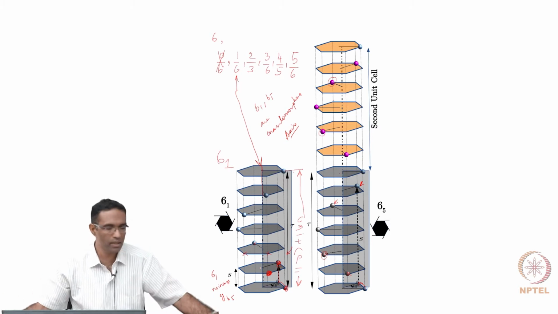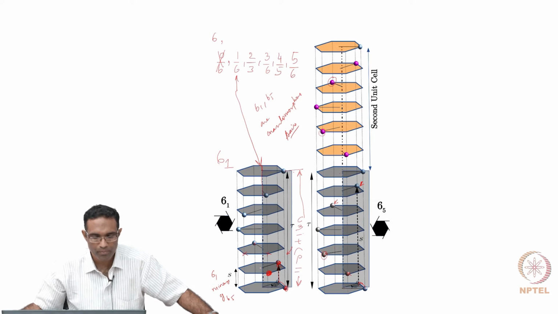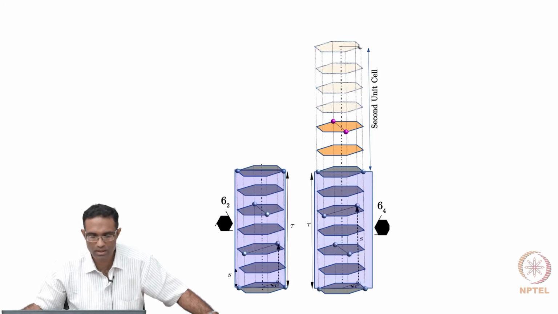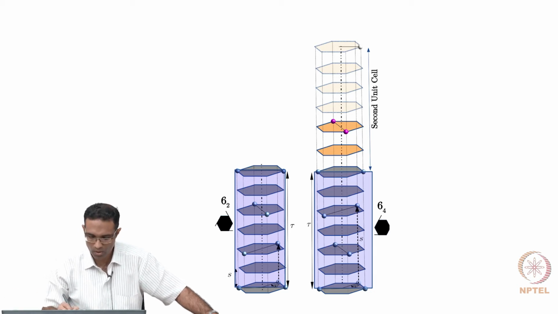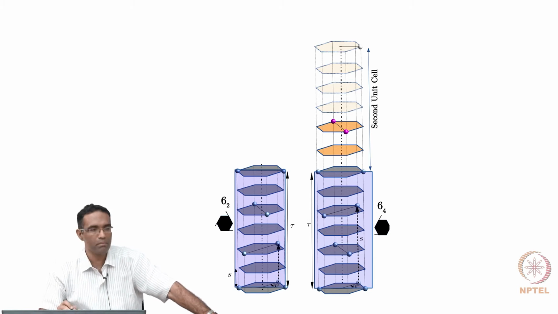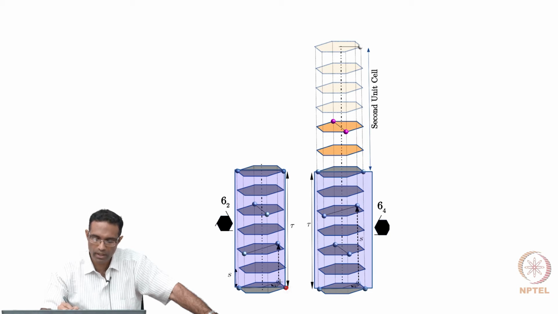So the next example is 6 2 and 6 4. As you can imagine, they are also enantiomorphous pairs. But in this case, slightly strange things will happen. It will tell you how the molecule should actually look. So if you take this atom and rotate it by 60 degree,